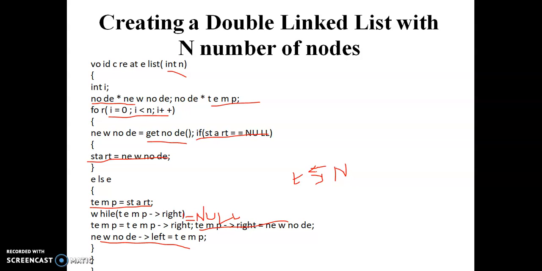So for creating a new node in the linked list, we need to add it as the last node of the current linked list, and the current linked list's last node becomes the new node's previous node. So remember this, every time we need to update both the right and left pointers. One node's right pointer and another node's left pointer need to be updated.